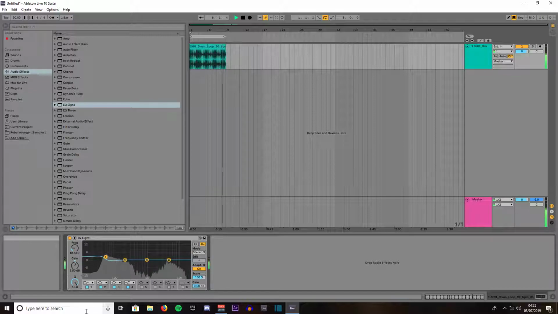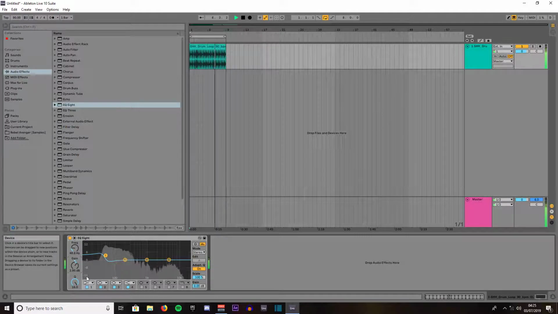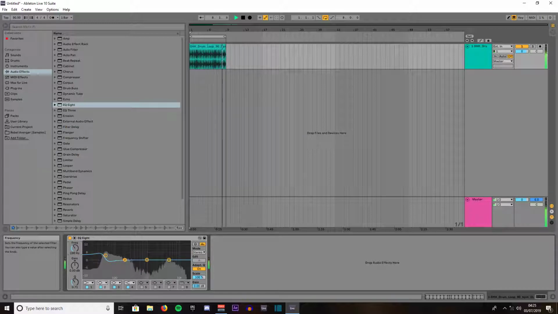Now that's highlighted the kick. That's just soloed the kick and it's turned up by 0.25. We can now go ahead and turn it up a bit more. That's starting to clip about there. We'll leave it on about 3.95. Then we'll click on number 2. We'll drag that down to about